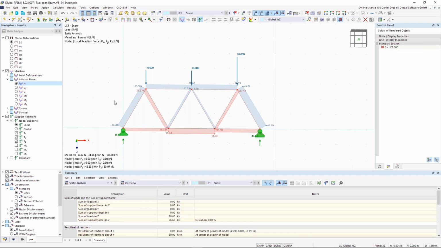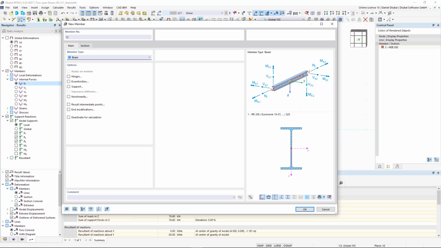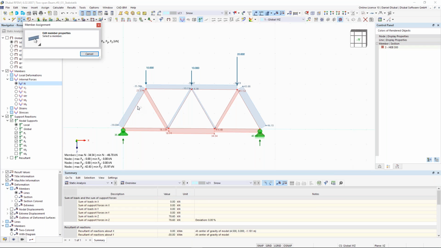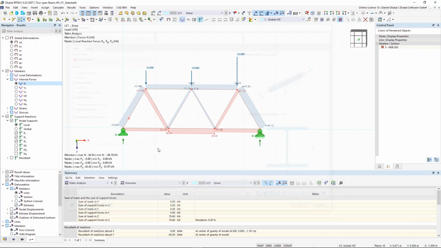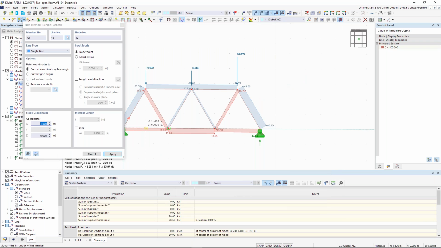And you can also do this with RFEM. So I will add now these null members. I don't know if the English word is the correct one. I select here the properties, the same like here. Click on OK. And now I draw here this